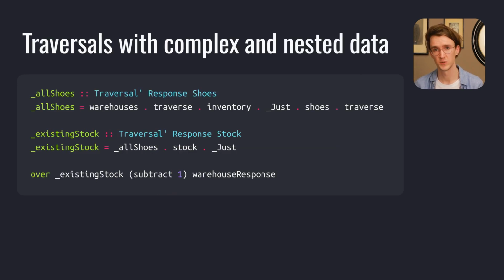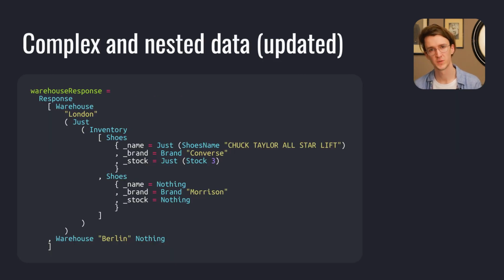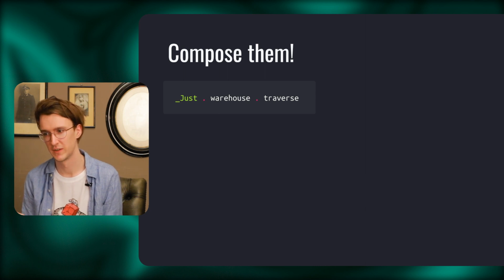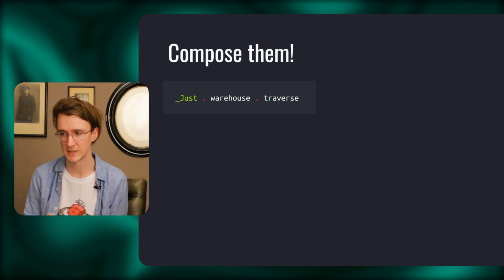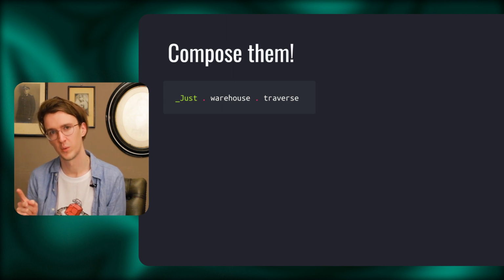We can use traversal to update existing stocks. We're going to digest the snippet later, so don't worry. For now, note that the traversal allows us to update all the available stocks across all the shoes, all the inventories, and all the warehouses, which returns the updated response. It has 3 Chuck Taylors instead of 4. Optics are most useful with nested data structures. For example, we can read it from right to left. The focus is on all the elements which are within the warehouse field of a record, which is within the